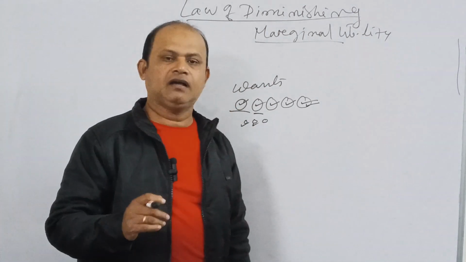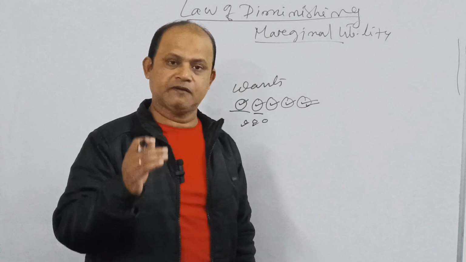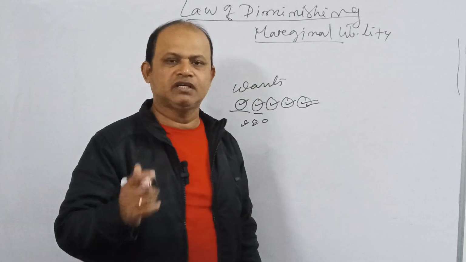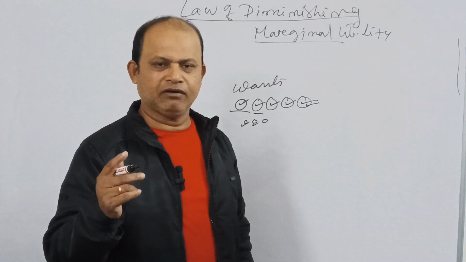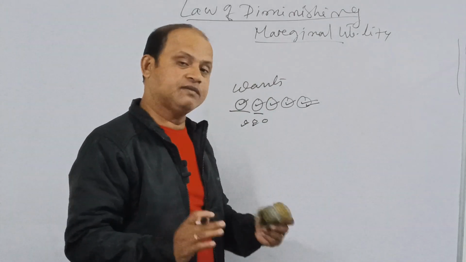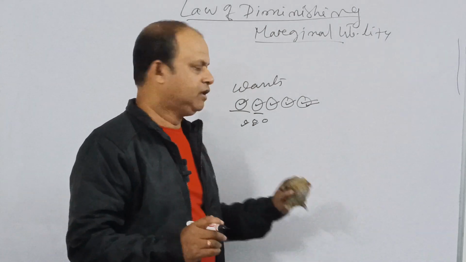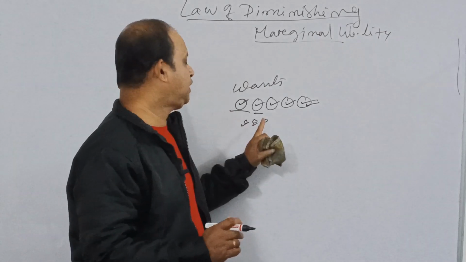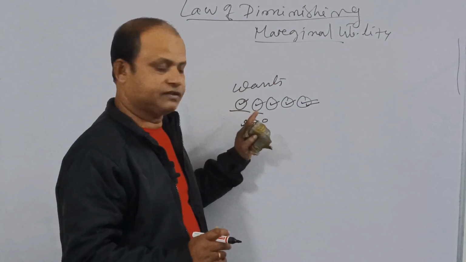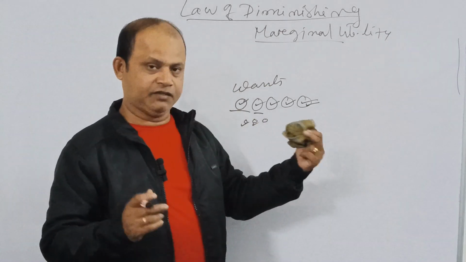Number three, the consumption should be continuous. The consumer should not take much time in between the consumption of the commodity. If you consume one sweet and roam here and there for 1 hour, and then consume the second one, it will give you the same satisfaction which you got from the first sweet. So the consumption should be consecutive: the first one you have consumed, immediately you have to consume the second one. Then only you will have the difference. Again you consume the third one, then only you will get the difference. What is the difference in the taste?